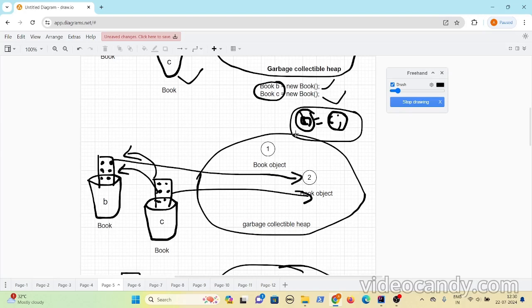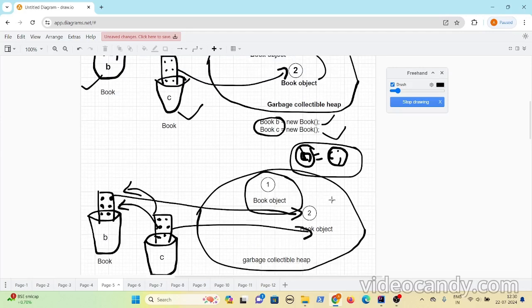So after this statement, there are two reference variables referring to only a single object, and there is one object on the heap which has no references. What the JVM or the garbage collector actually does is this: people sometimes create unnecessary multiple objects, and sometimes they don't have any references to these objects. The only way to reach an object is the reference, right? If there are no references to the object, then in Java no one can reach this object.